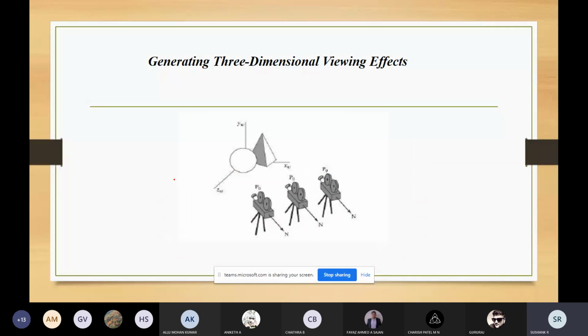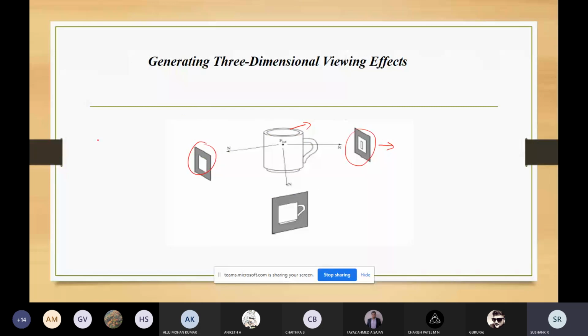So this is like keeping the point P naught and moving along the direction n. And one more way is changing the viewing parameters, where you capture the object by focusing on it from three different sides, or all the different sides that are possible. Also, you can check it from the top side. That is also possible, but that is not the point of interest. So we were changing the viewing parameters.